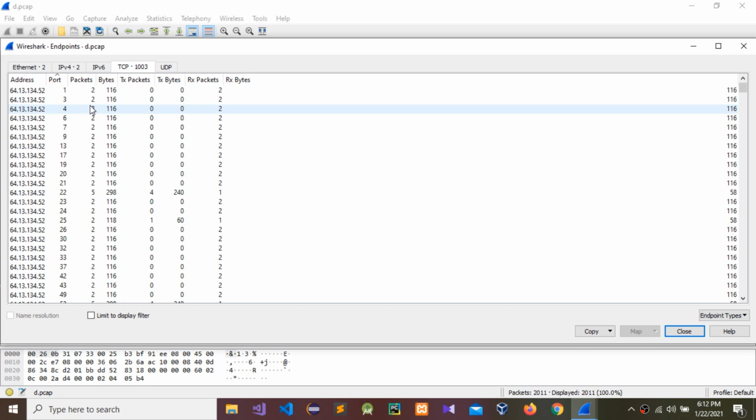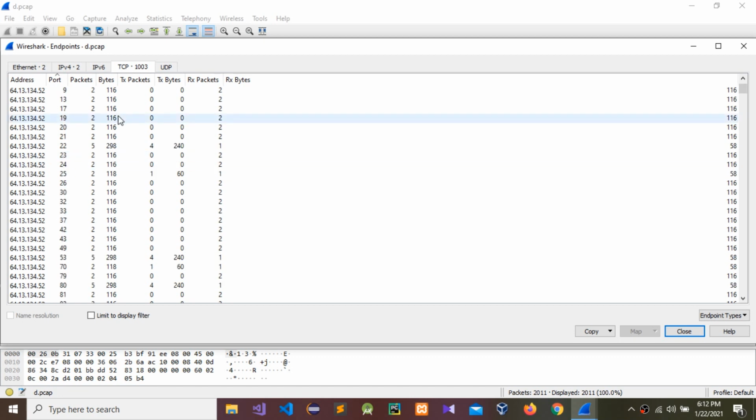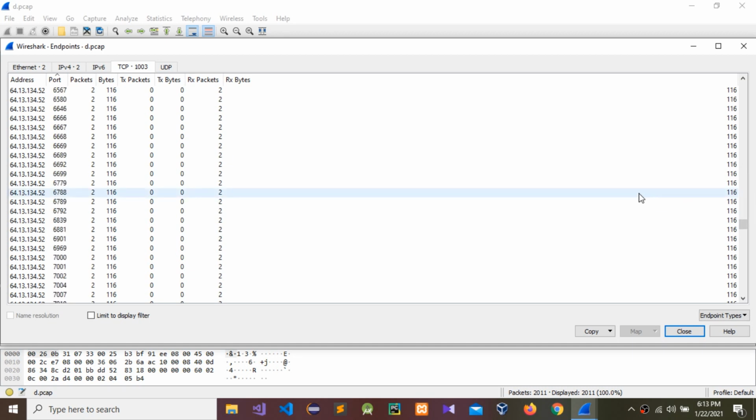In here you can see packets and byte size is the same, sometimes it's different, but in port 1 to 21 same packet and same byte sizes. In 23 to 49 same packet and same byte sizes. Let's see other ports and byte sizes. Yes, you can see the same. I'm pretty sure this is a port scan attack. So then we need to find what kind of attack type.